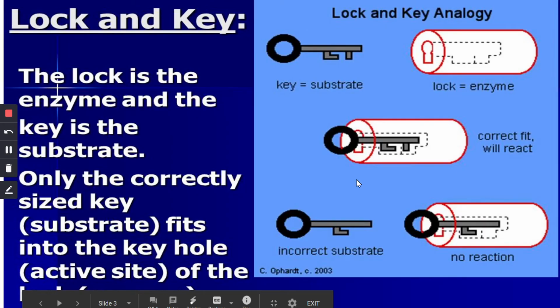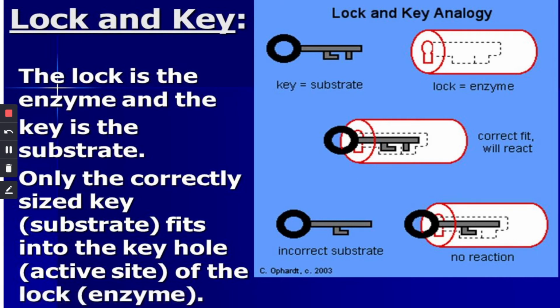So on your screen right now is an analogy of the lock and key mechanism and how it is compared with enzyme and substrate. You have already studied this in grade 10 about how specific an enzyme's active site is, and only if the substrate is complementary it will fit with the active site of the enzyme, and only then the reaction will start. So the lock is the enzyme and the key is the substrate. Only if the correctly sized key or substrate fits, then the active site will fit with the substrate and the